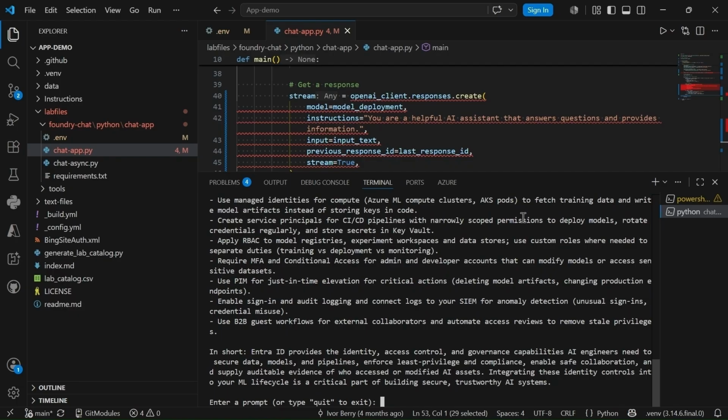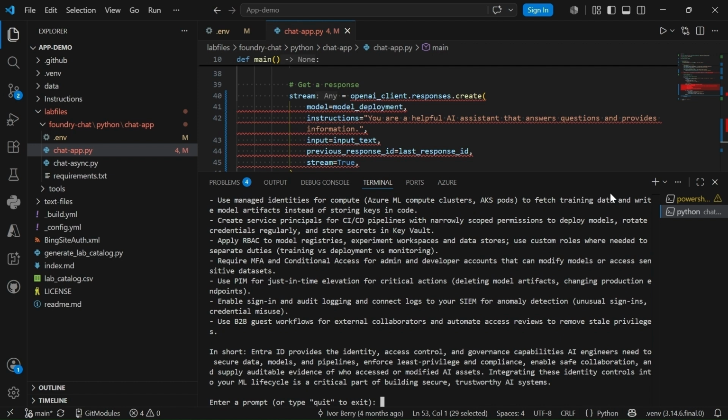You notice how much more natural this feels now. Instead of waiting several seconds, we begin reading almost immediately, and this is how applications like ChatGPT and Claude